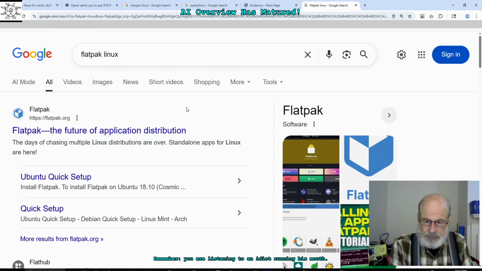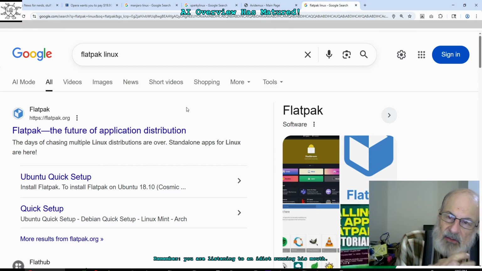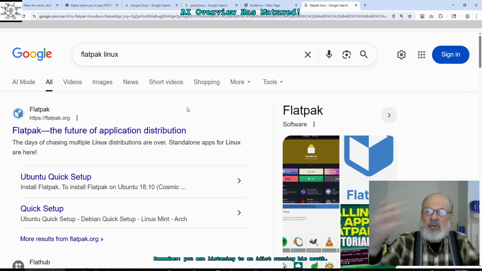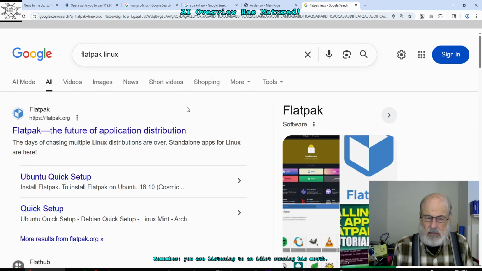Flatpak, the future of application distribution. Sometimes, in order to get an application on Linux, you have to load up a whole bunch of other tools first. And then it compiles it and gives you the finished product. What if I wanted to use